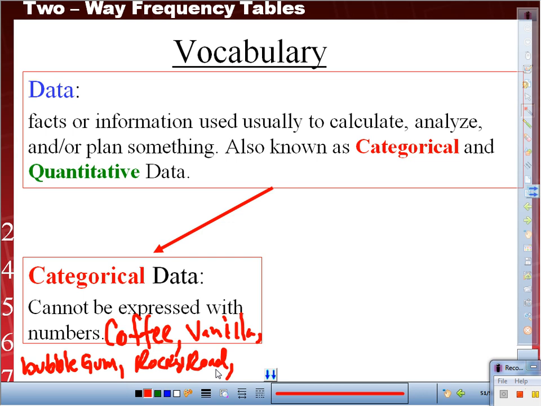So look at that data, or that information I just gathered. Did I use any numbers? No. No, it's just information. That's what we call categorical. Another example of categorical data would be if I asked, let's see, what is your favorite color? Okay, so then I would ask,